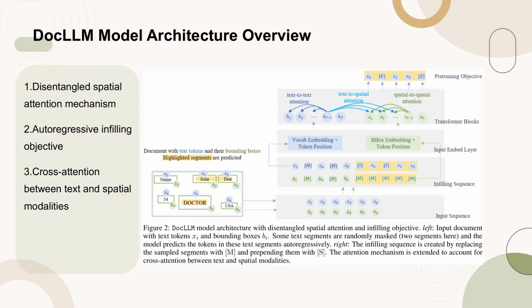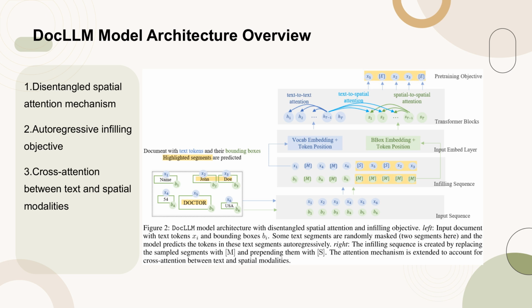Figure 2 illustrates the architecture of the DocLLM model, which integrates a disentangled spatial attention mechanism and an infilling objective. On the left, the input document is shown with text tokens and their corresponding bounding boxes. Some text segments are randomly masked, and the model predicts the tokens in these masked segments autoregressively. On the right, the infilling sequence is depicted, where sampled segments are replaced with [M] and prepended with [S]. The attention mechanism is extended to account for cross-attention between text and spatial modalities, enhancing the model's ability to understand